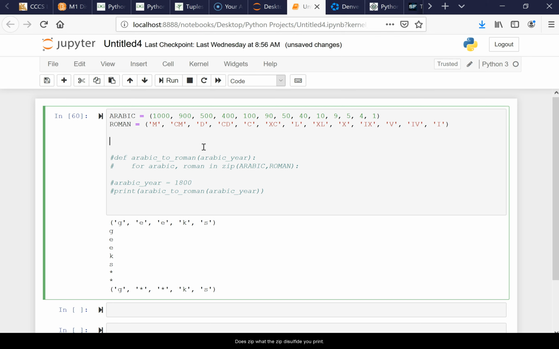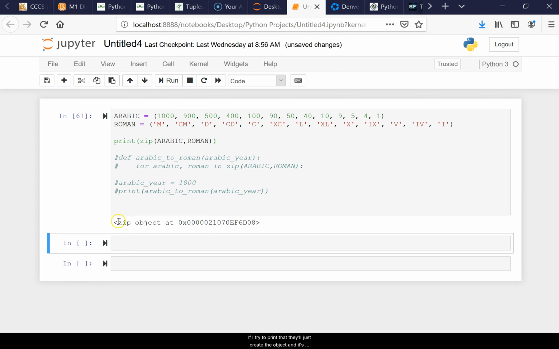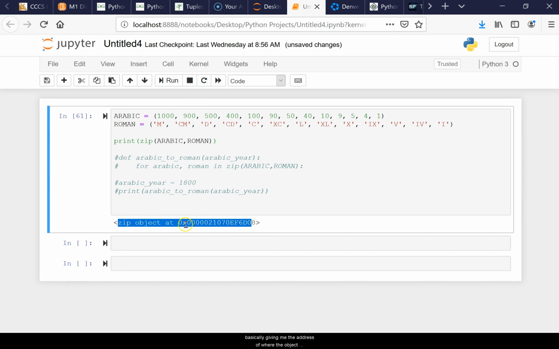What this zip does. So if I do print, and I have to use set, but I'm not going to use set when I'm doing this right here. It's just going to zip it, because let me show you. If I just do zip, and I do Arabic and Roman, okay, if I try to print that, that'll just create the object, and it's basically giving me the address of where the object is being stored at. But if I use set,